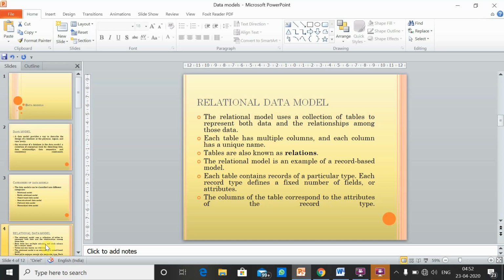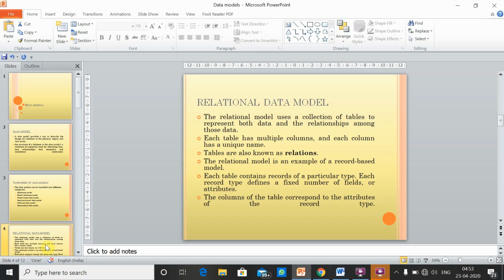Now we are going to talk about the relationship between these two or three or more attributes inside the table. What is the relationship between the first column and the second column, the entities in the first column and the second column? Talking about all these data inside a table, you call it a relation. So in general, a table we call a relation.